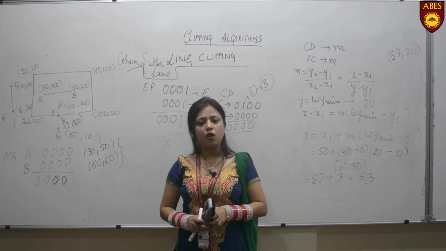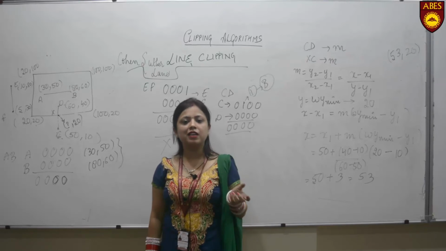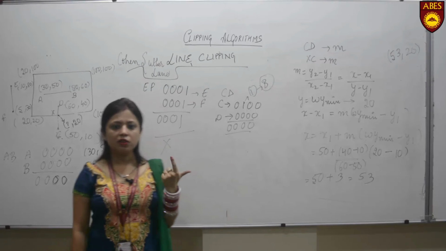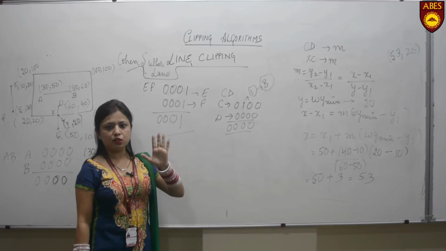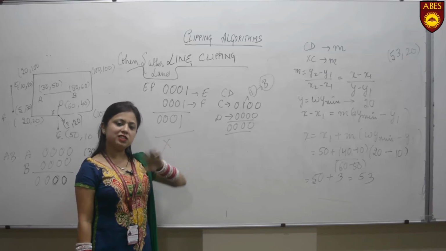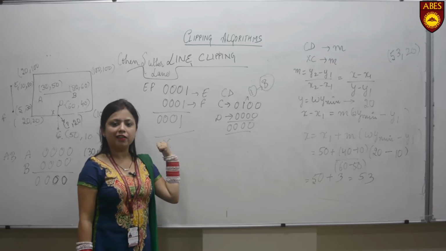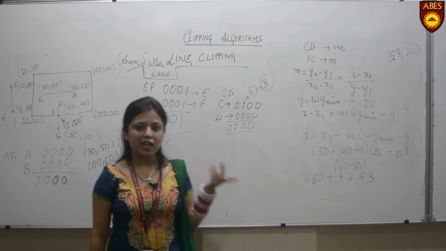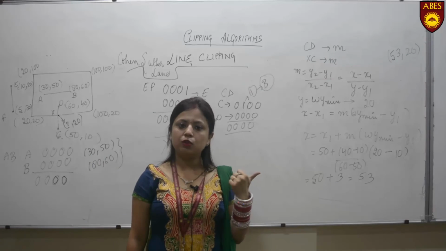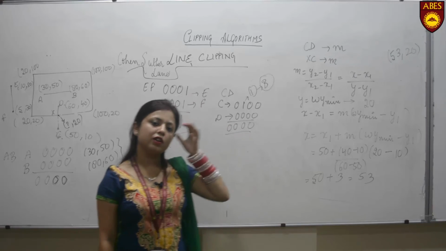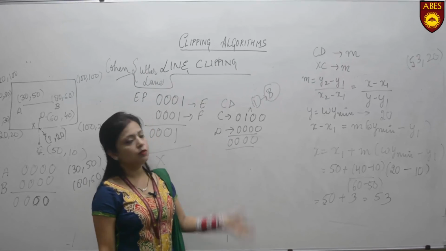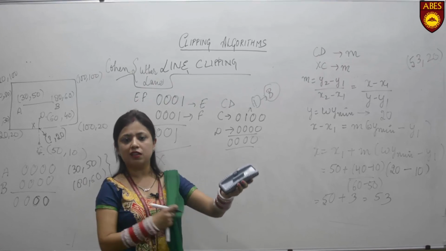If we talk about the applications of clipping, the basic application is, when you talk about a 3D image, what we can view is the front face or the visible face of the image. The other face which is hidden, which lies at the farther end, you're not able to identify. So what we need to do is clip out that region, and that is where the clipping algorithm comes into play. So this is what the Cohen-Sutherland clipping algorithm was.